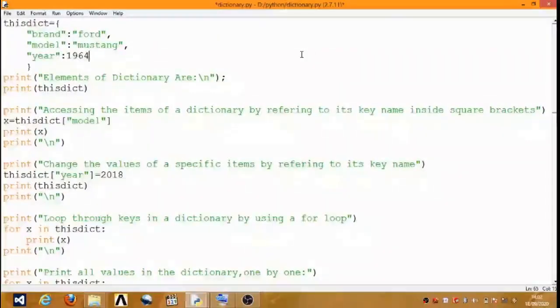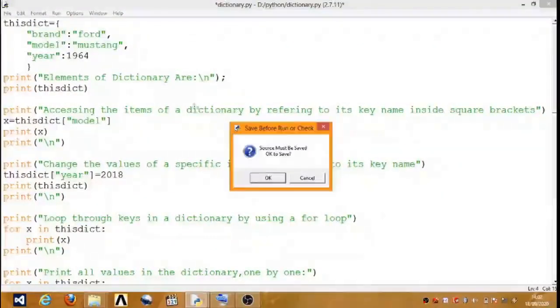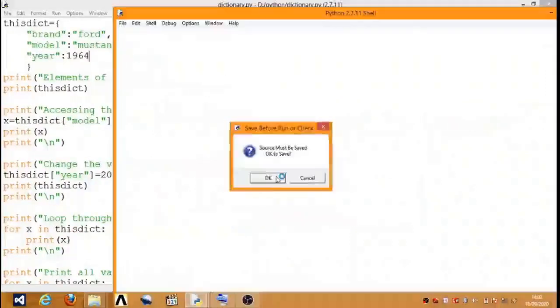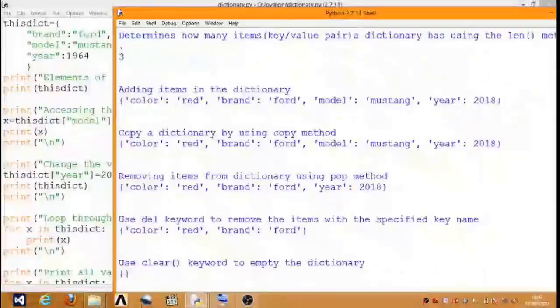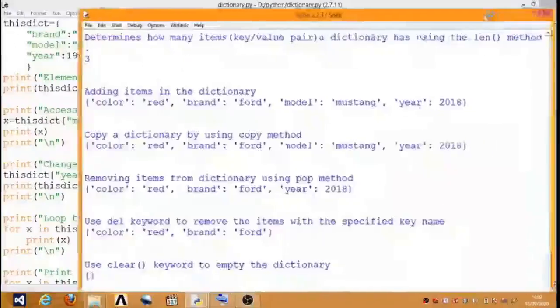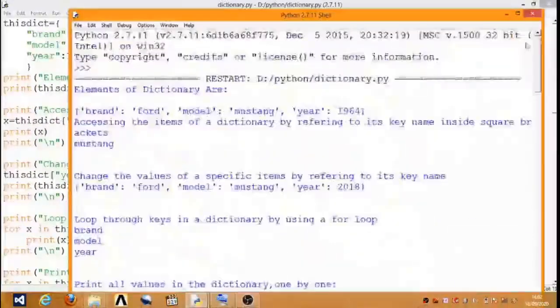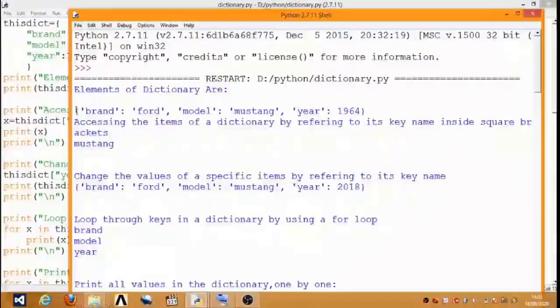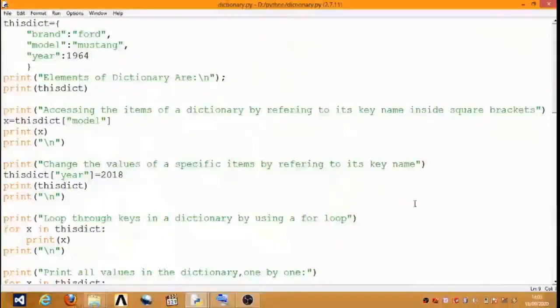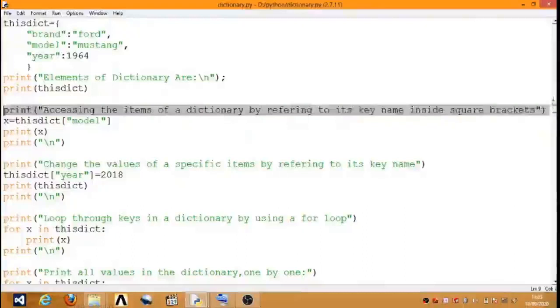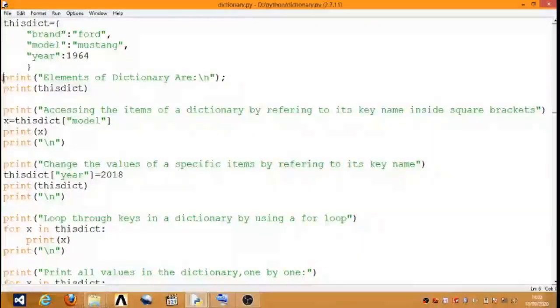So here I run this code, go to the run module. So here first one, print elements of a dictionary.